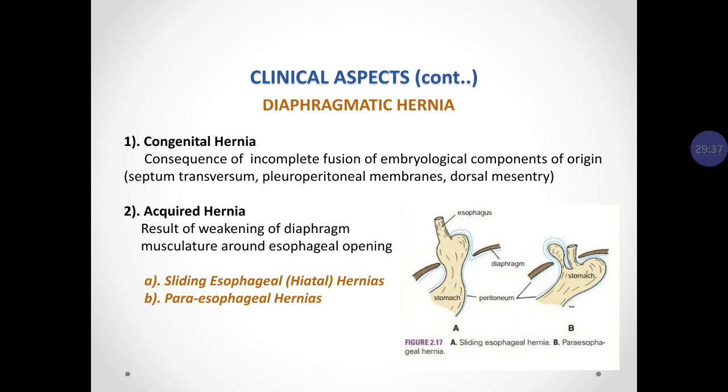In figure A, a part of the stomach has ascended through the weakness of the diaphragm along with the esophagogastric junction, while in figure B, the esophagogastric junction is beneath the diaphragm, but a part of the stomach has ascended through the weakness, and that is why we call it a paraesophageal hernia. There are many other clinical aspects that you can read from your textbooks, but that brings us